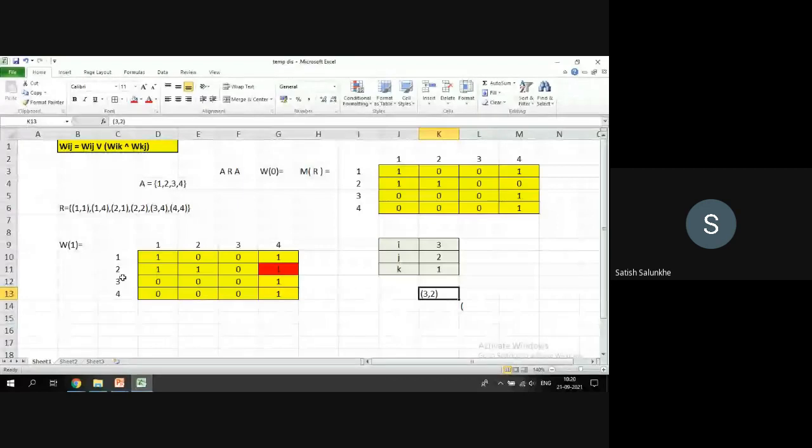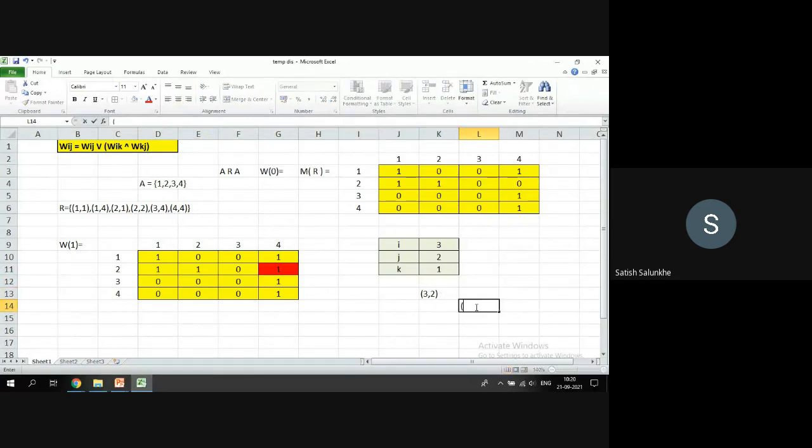They are not directly related as of now, that you are able to state. So what exactly are we checking? Whether they are related via 1 or not. So whether 3 comma 1 is related. If no, there is no question of checking 1 comma 3. If it is related, then we will check 1 comma 3. If 3 comma 1 is related and 1 comma 3 is also related,